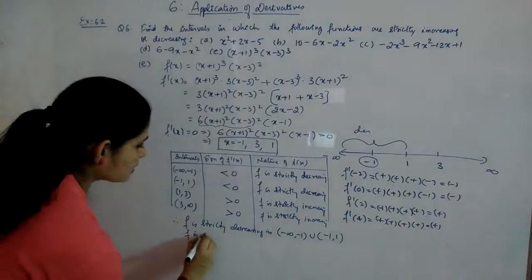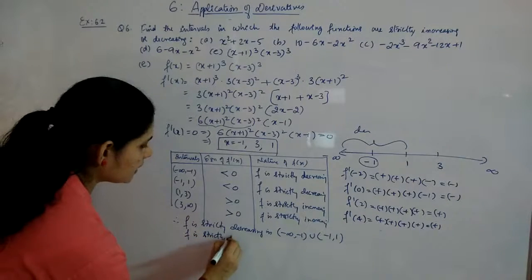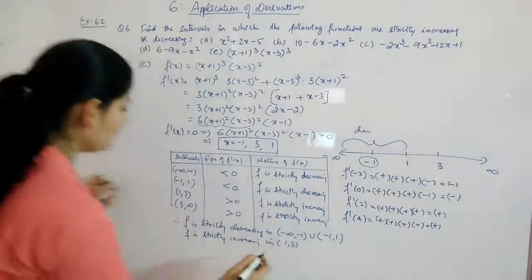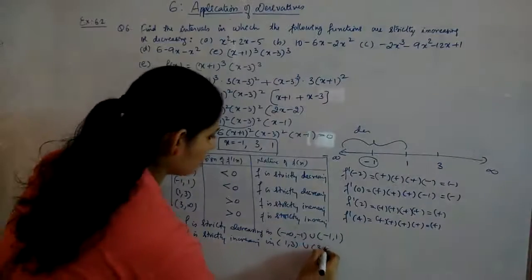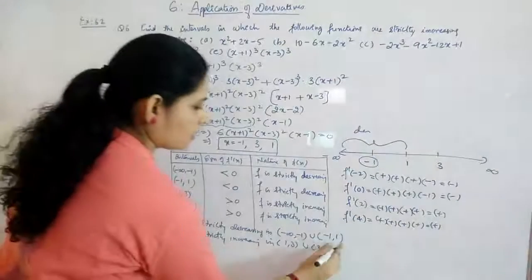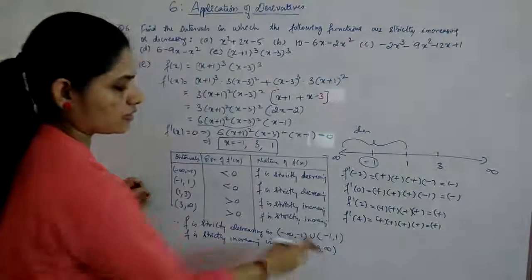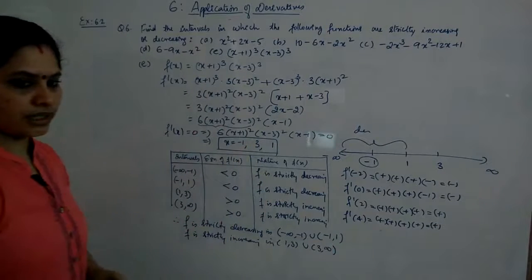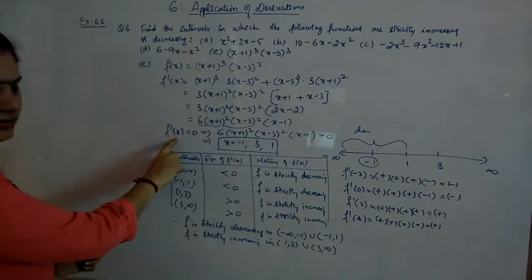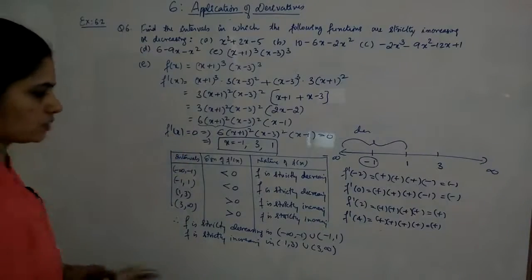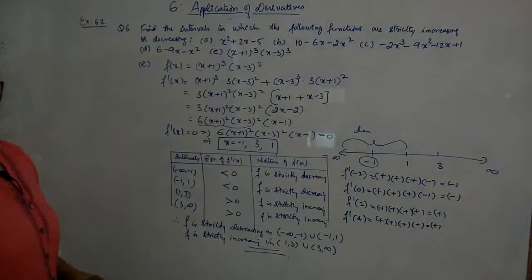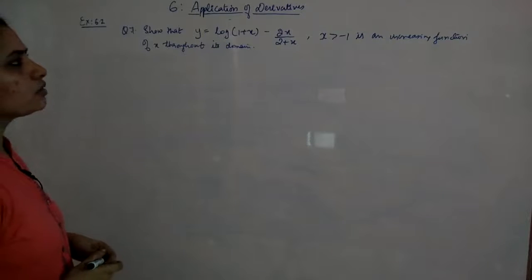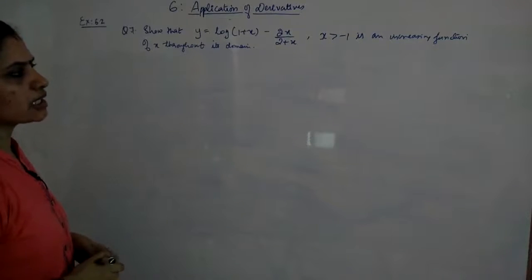Now f is strictly increasing in 1 comma 3 union 3 comma infinity. Okay, here also you should not write from 1 to infinity, because again 3 is a point at which you are getting the function derivative to be 0. So this is the conclusion. So question number 7 is, show that y equal to log of 1 plus x minus 2x by 2